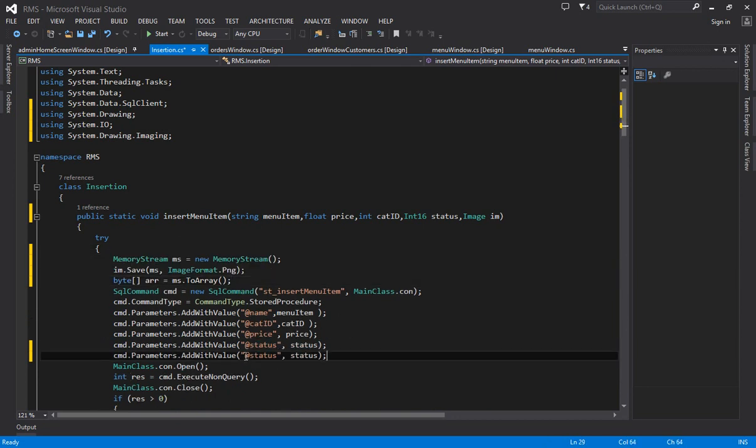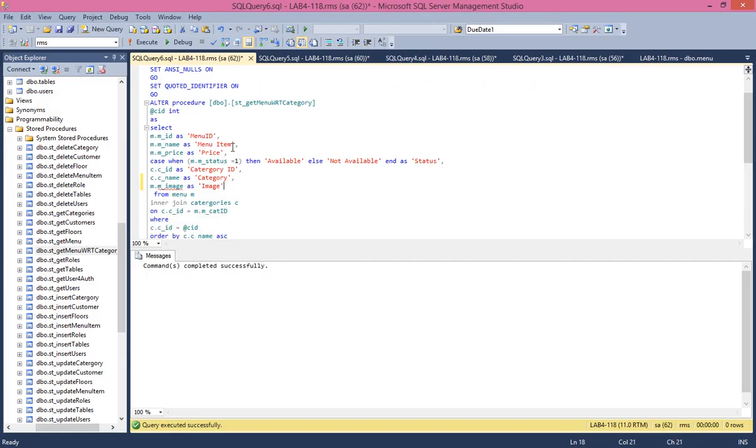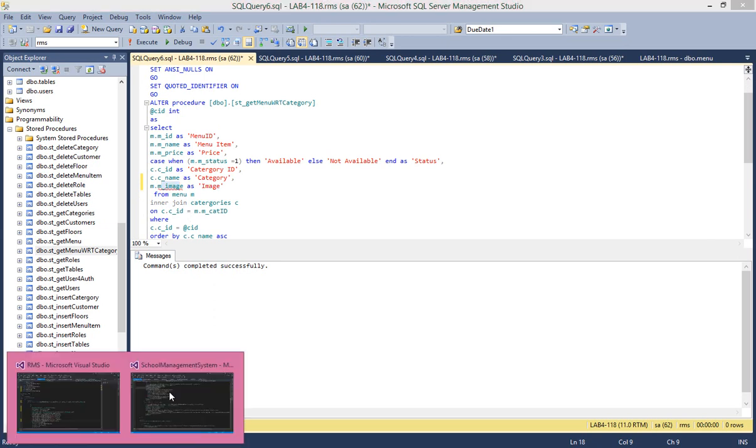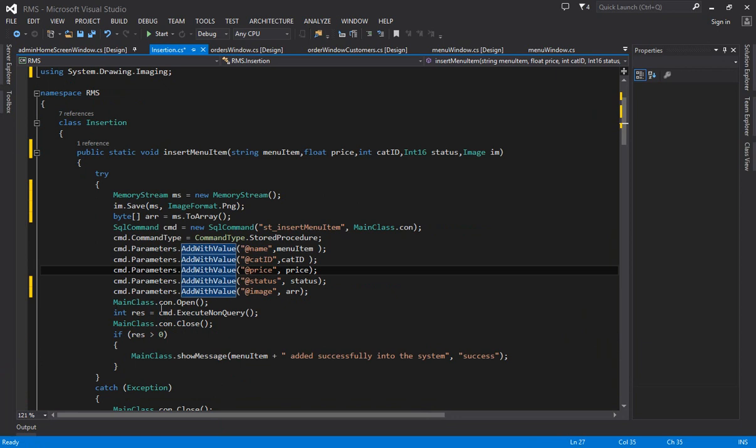Copy this and paste it here. Instead of this, you have to specify image, and for image you have to specify that arr, the byte array. So that byte array will be written into your database, in the column that you have specified. Okay, image. Now if this is right, then we have to do this code